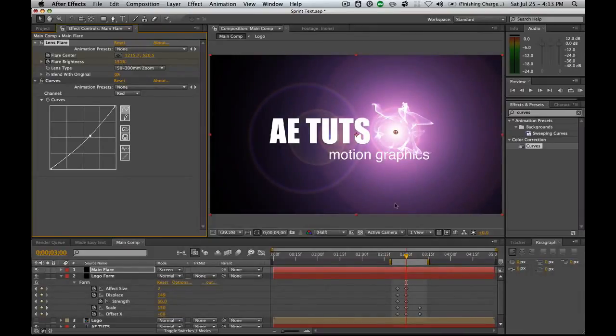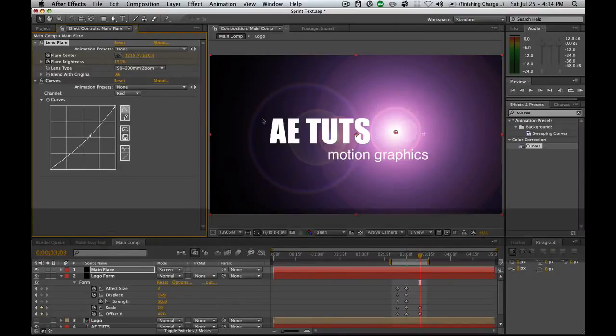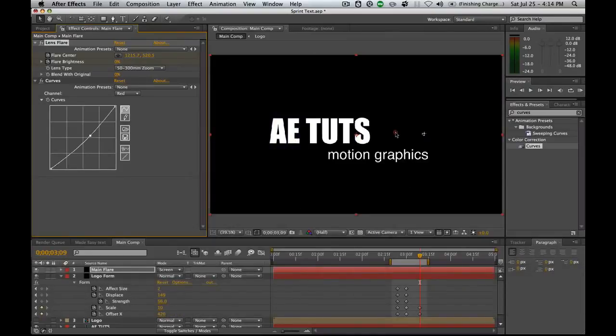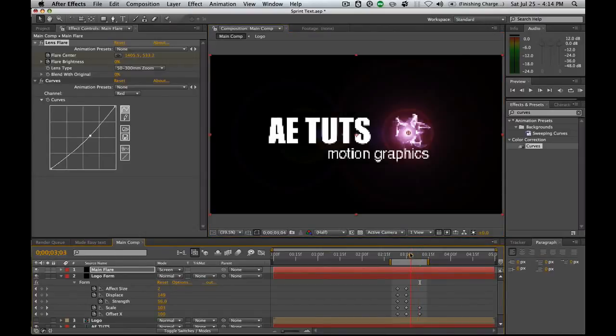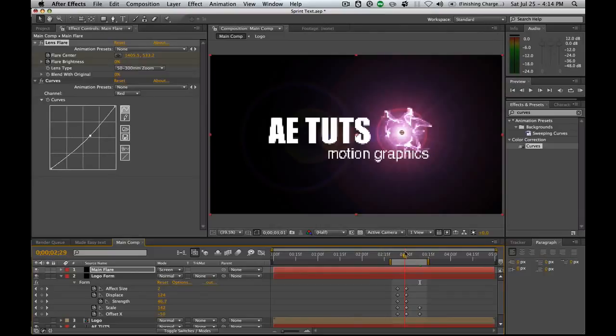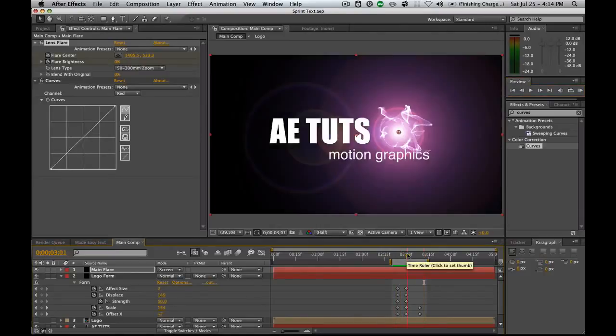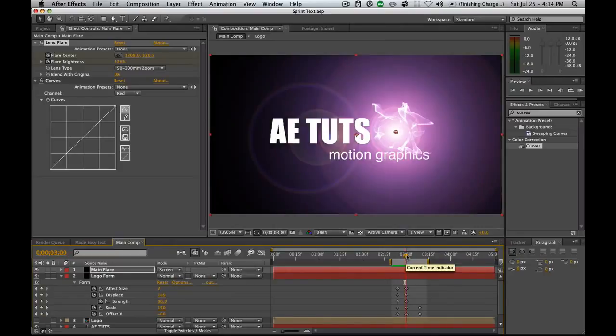So maybe 150. And then we're going to come to the final keyframe. We'll hit K, and again back to 0. We're also going to animate the center to follow the form layer. So we'll just drag the center over. So if we watch it now, we should have a pretty good match. Pretty simple to do. Okay, to me this doesn't explode quite enough, so I'm going to just adjust